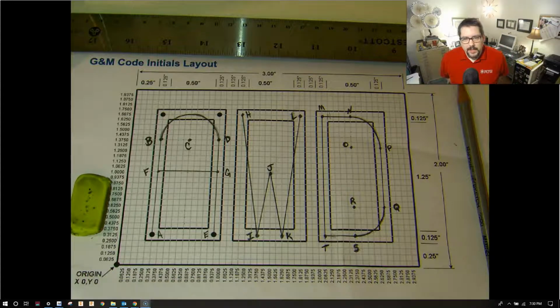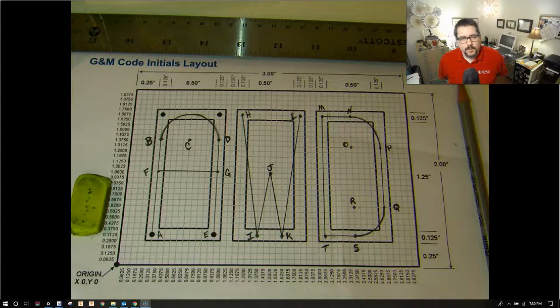to N, and I do an arc around O to point P, then linear from P to Q and around R to S, and then I go linear to T, and from T back to M. So M is where I end, and I will come back out of my material and then make my way